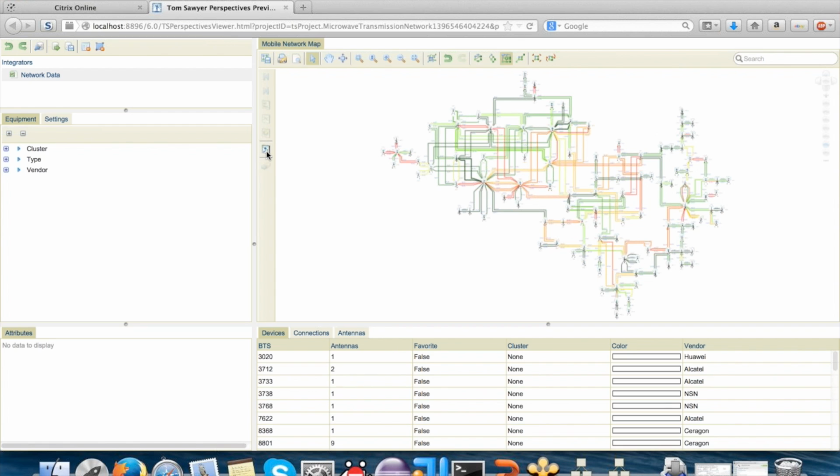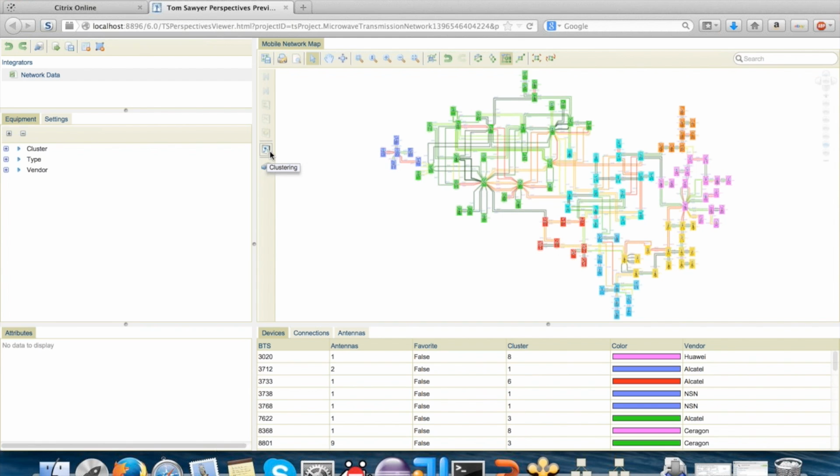So we've set up some analyses to run here. This is just a simple clustering algorithm. What we're going to get are clusters of maximum internal connectivity and minimum connectivity between clusters, right? So if you're just looking at this drawing, maybe it's tough to tell why these are the way they are. But